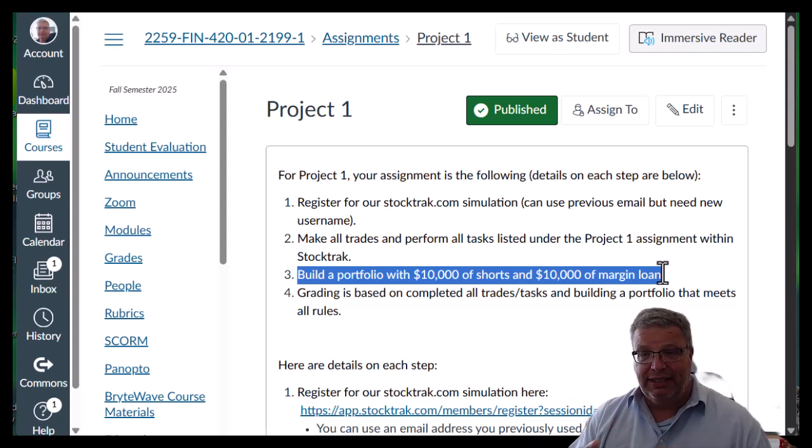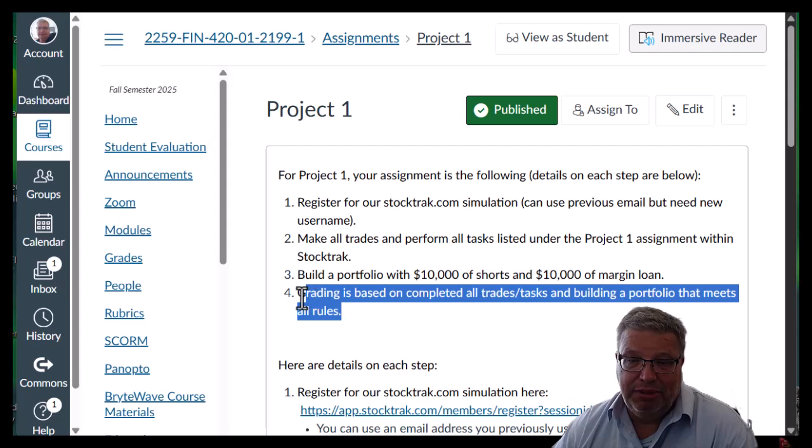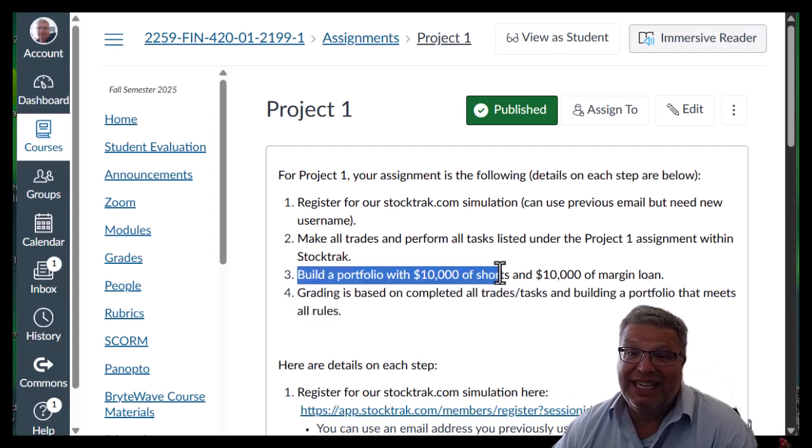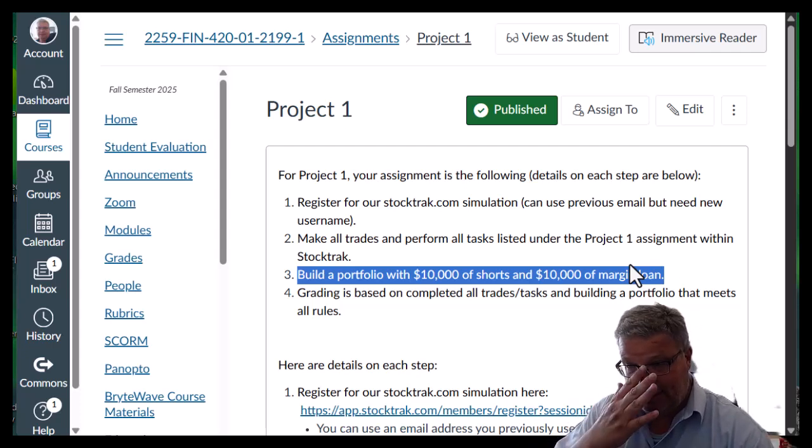And then your grading is going to be based on completing all the tasks and building your portfolio such that you pretty much don't have any cash left. There's going to be about a $10,000 short and a $10,000 loan. Okay, and so